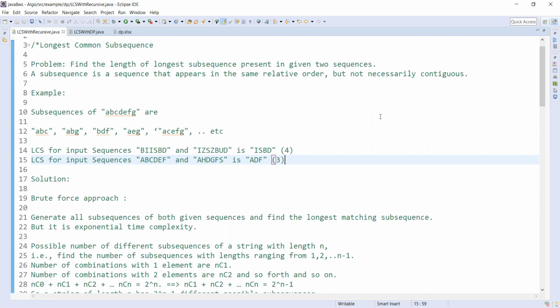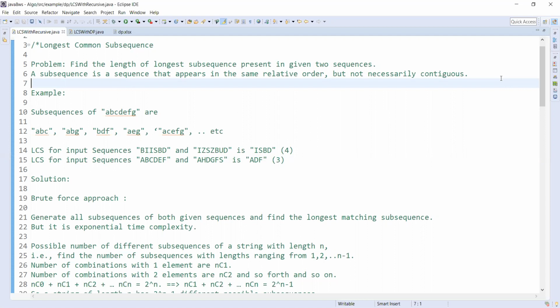That is the longest common subsequence. The problem is to find the length of the longest subsequence present in two given sequences. So we will give two strings, and we need to find the length of the longest common subsequence.